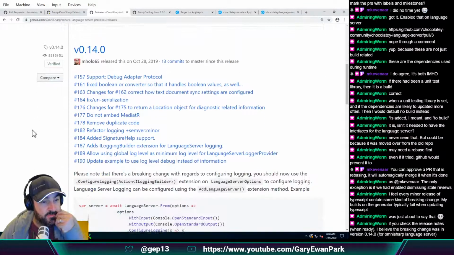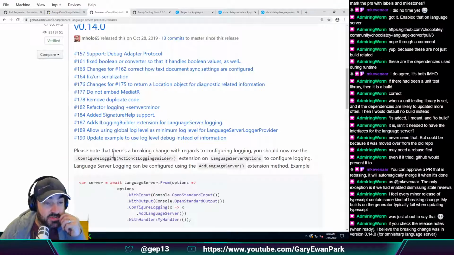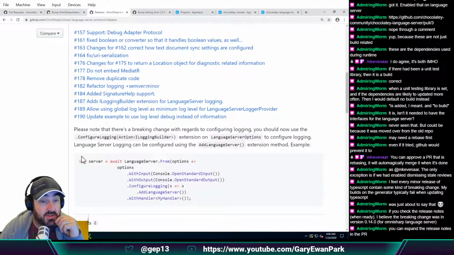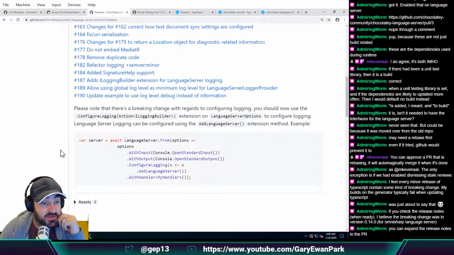So what's he done? Here we go. Please note there's a breaking change with regards to configuring logging. You should now use the configure logging action of the ILoggingBuilder extension on language server options to configure logging. Language server logging can be configured using the add language server extension method. For example,